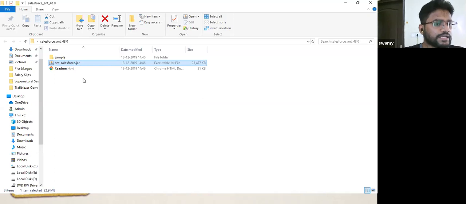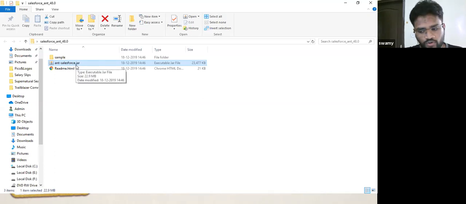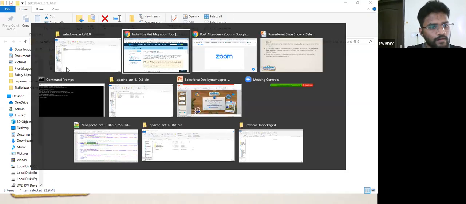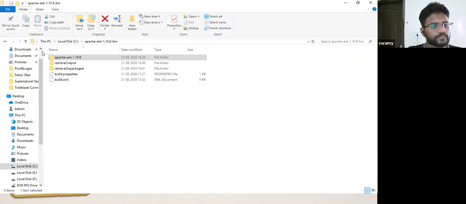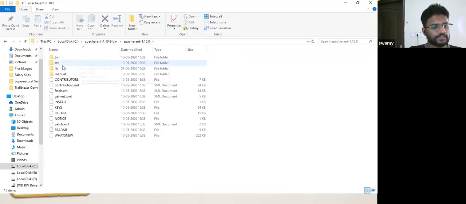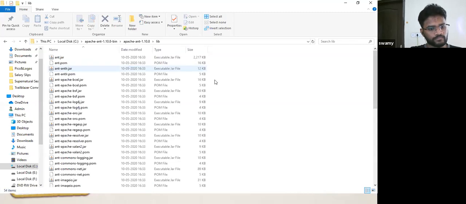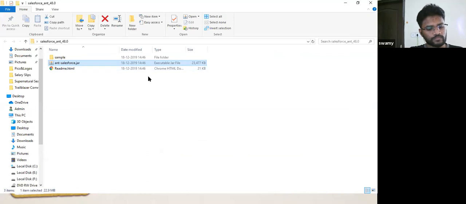For that purpose, I need this jar file and I have to copy this here in the Ant lib folder. Control C.